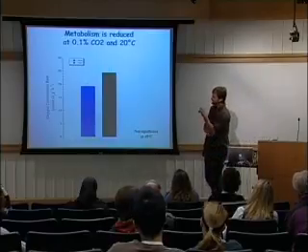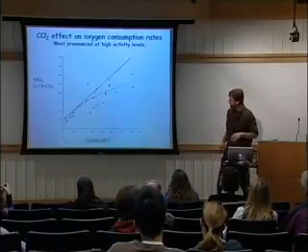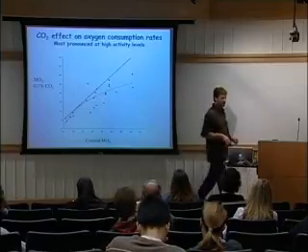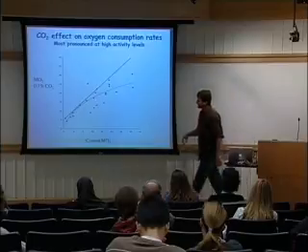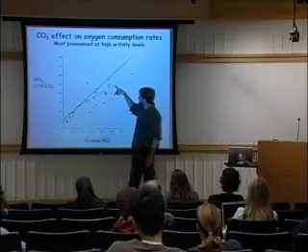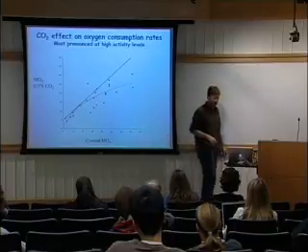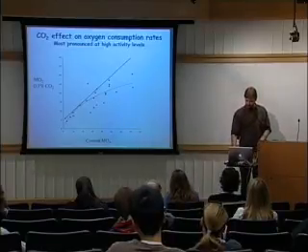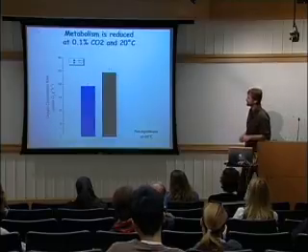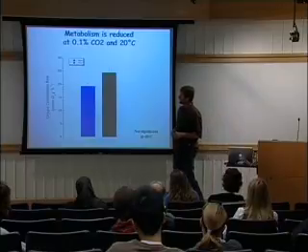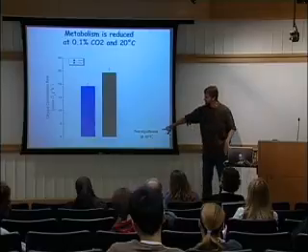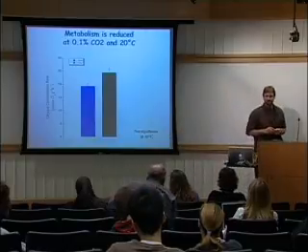So at 20 degrees Celsius, that was the other thing I wanted to say about this. These higher metabolic rates at this end are driven by higher temperatures. So these rates at this end are mostly 10 degrees. These animals are 20, and then a few of these up here are 25 degrees Celsius. And when we look at the animals that were measured at 20 degrees or 25 degrees Celsius, there was a significant reduction in metabolic rate between high CO2 and normoxia. There was not a significant reduction at 10 degrees Celsius.